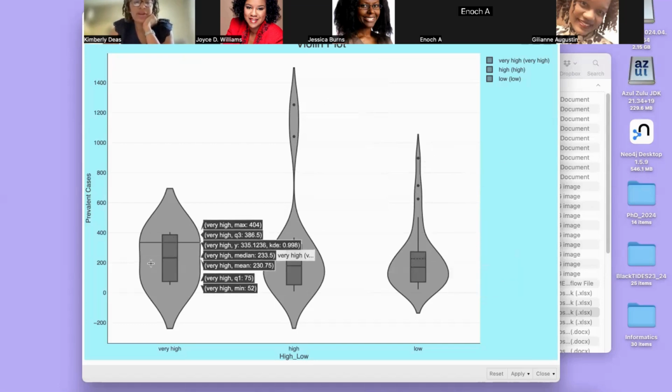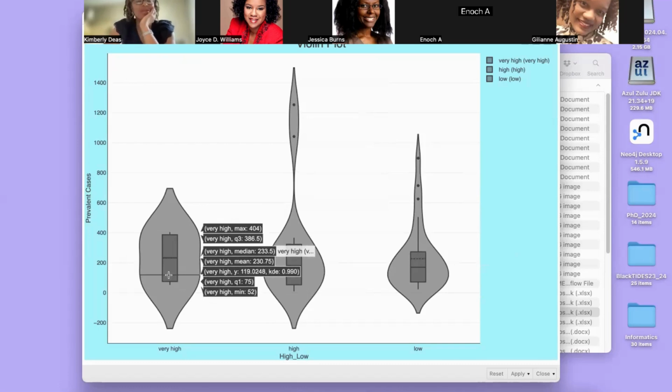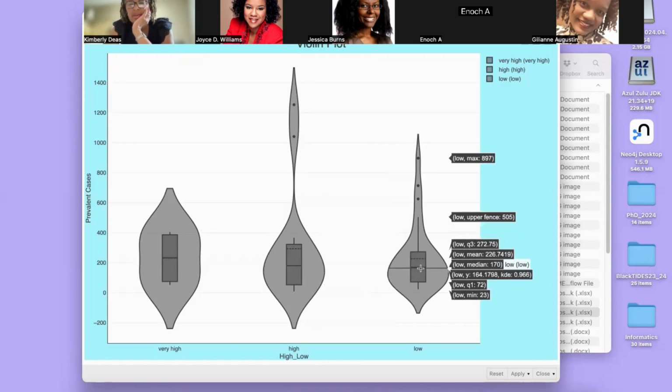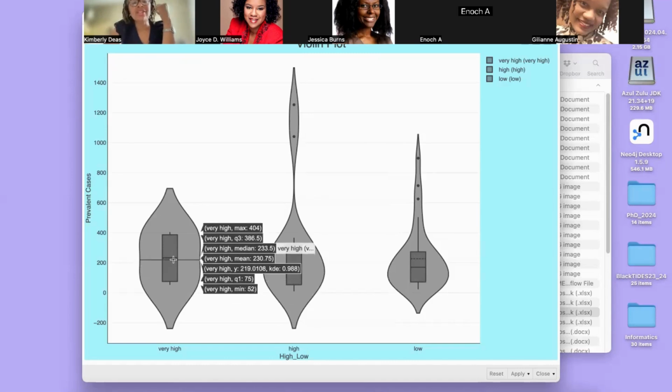Now, I'm not surprised by, well, I guess maybe I am surprised. I'm never surprised by anything. I should just say that. But for this one, how many? So we have about 233 prevalent cases. So here I'm looking at the median. Here we have 180. And here we have 170. So just again, based on my prior research, I would have thought that there would be a much bigger difference between where we have high crime and where we have prevalent cases, but my hypothesis is actually incorrect in this case, right? So, I mean, we do have a higher number, but I doubt it's significant.